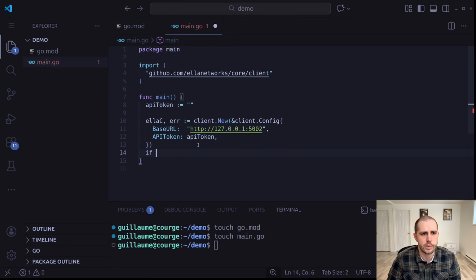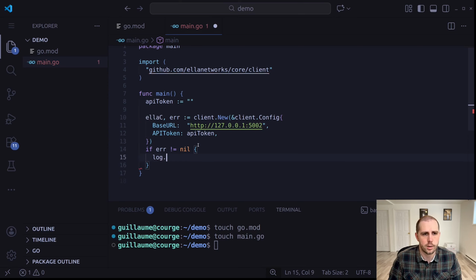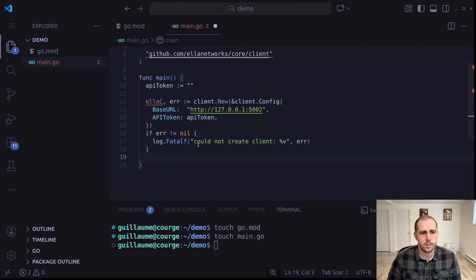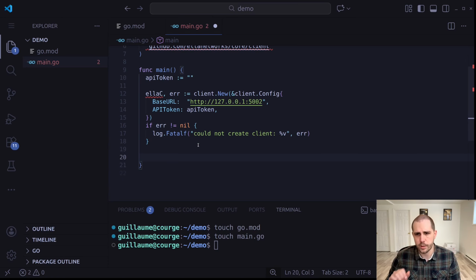If there's an error creating the client, let's log an error. Actually, let's crash completely if that happens: failed to create client. And for now, as a basic use case, let's just print the version of Ella Core that is running. To do so, we'll need to get the status.